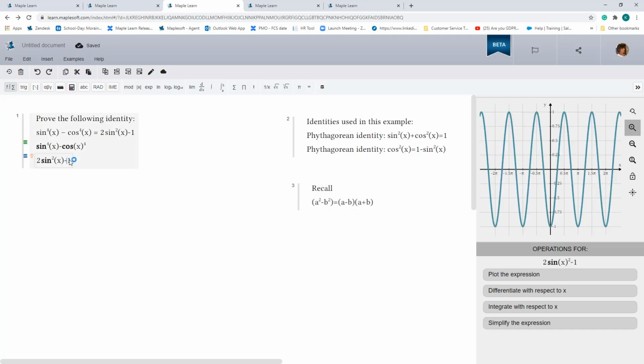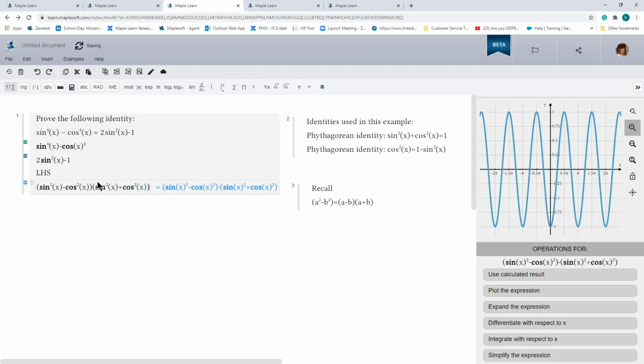So here, let's start with the left-hand side, and we're going to now apply the difference of squares rule. So you'll end up getting sine squared x minus cos squared x, this bracket, times sine squared x plus cos squared x. Now here, I'm going to go ahead and apply this identity to simplify this term. If I do that,